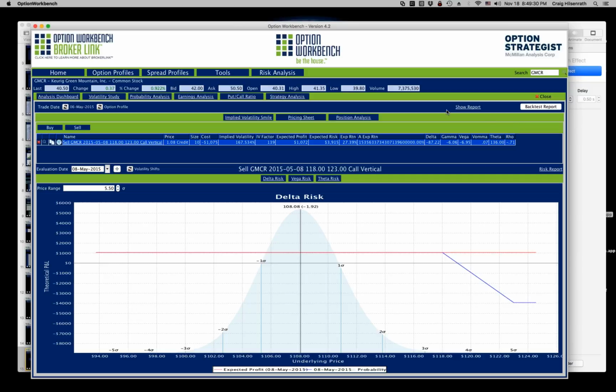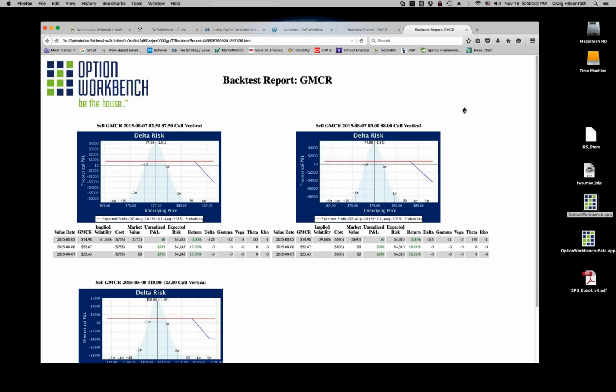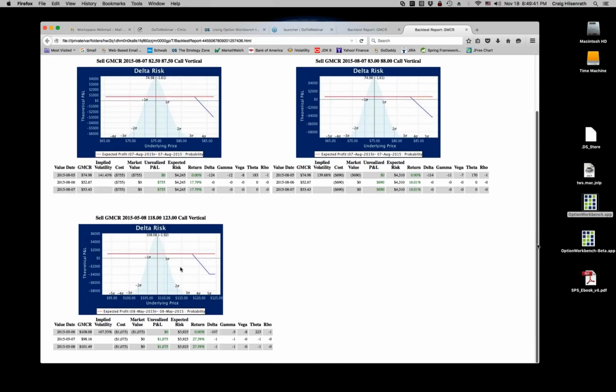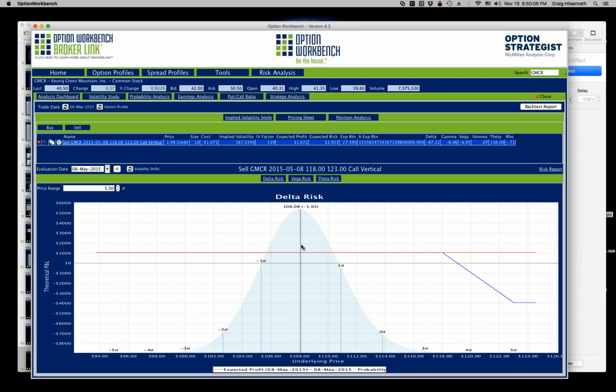and it's gathering the data, and we'll show the report. So now I have a report with 3 trades on it. It's got the 2 that I originally analyzed. Oh, this is the one that worked out, and then the new one that I did for 5/8. So I can see that, going back in time, I can build these trades in previous earnings announcements and do a backtest report, and then decide whether I want to take a chance on doing this type of trade for this upcoming announcement.